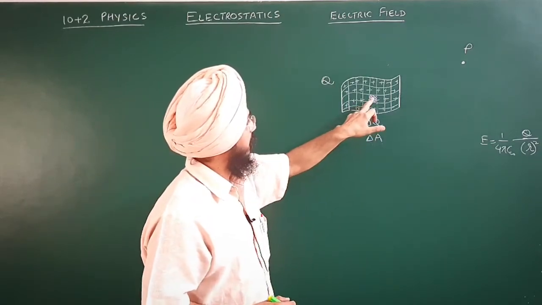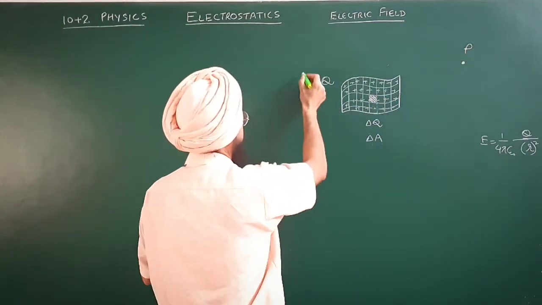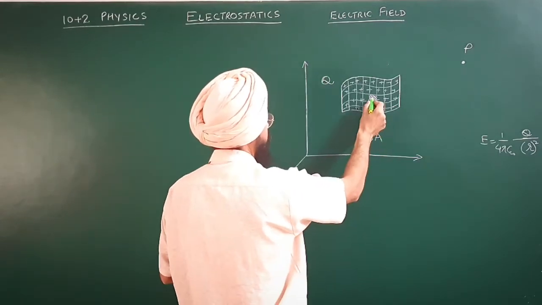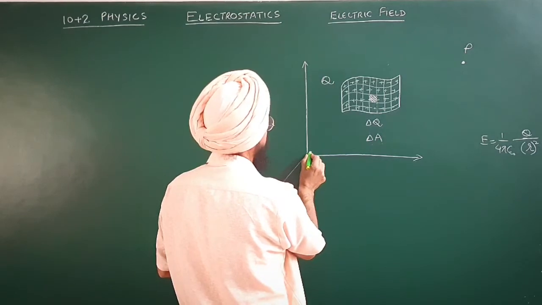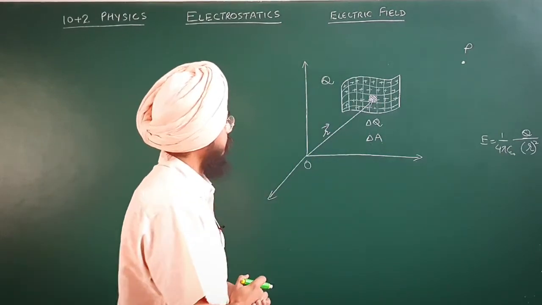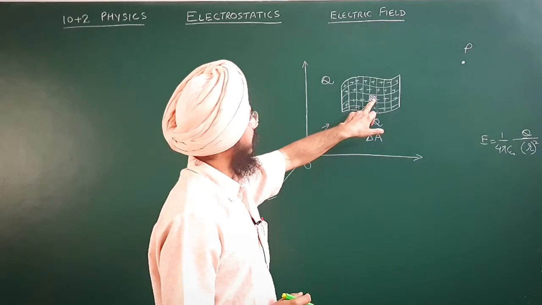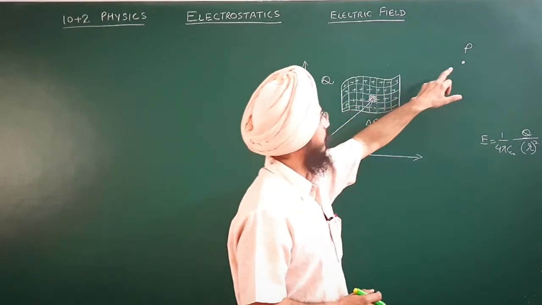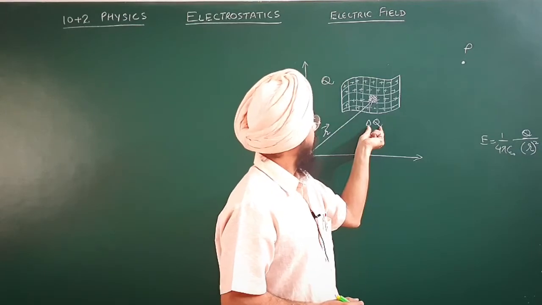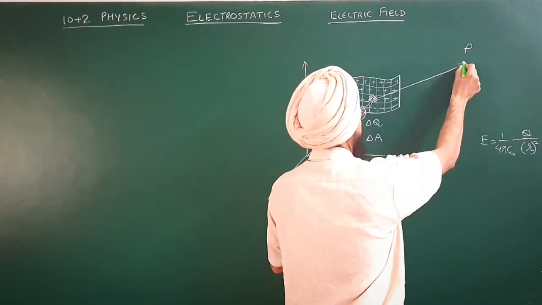So we will find the electric field of this area element at point P. Let us consider the coordinate axis first, and the position of this charged element, which is shown by a unit vector r, and here is our observation point P. We are going to find the electric field of this charge element at point P. So we need the charge on the element, that is delta Q, and we need the distance from this charge element up to point P. Suppose this is r dash.